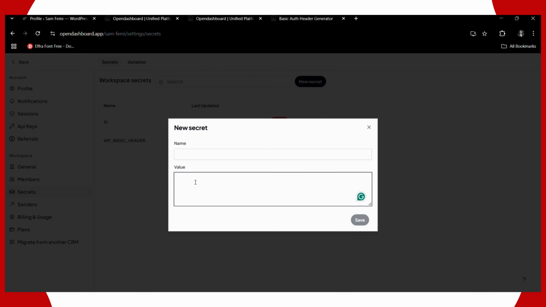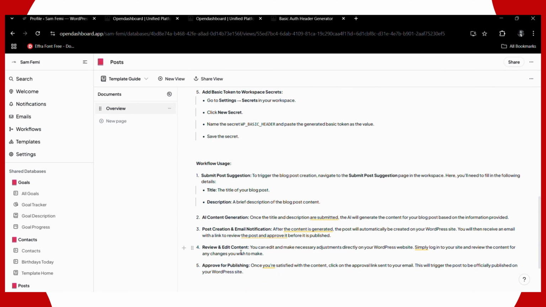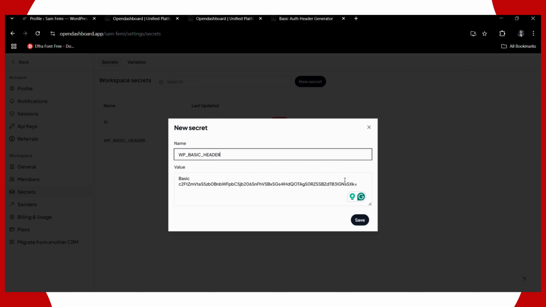You're going to paste the value you copied from the authentication header generator, paste it here. Once you've pasted it here, you can go back to the setup. You can see they told us to use this as the name of the secret. So I'm just going to copy this instead of typing it. I'll copy this now and go back and then paste it here as the name. So I'll save that. Once I've saved it,